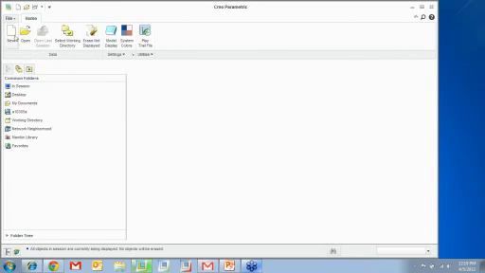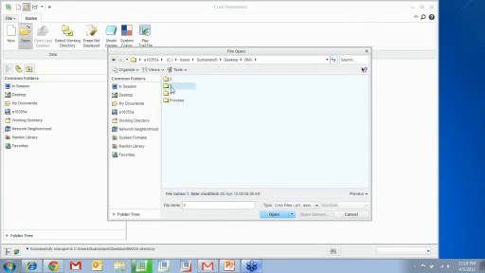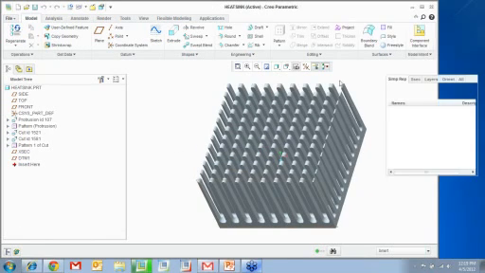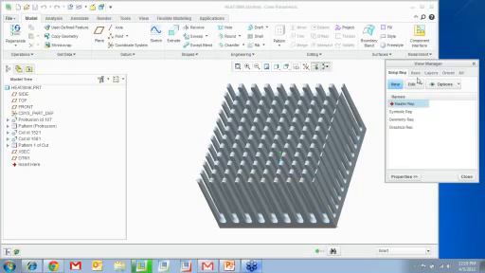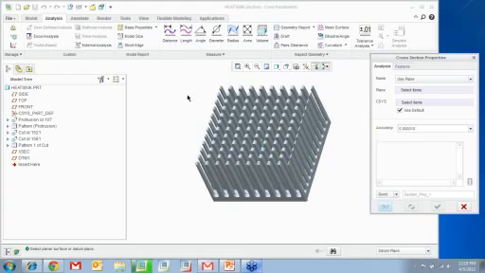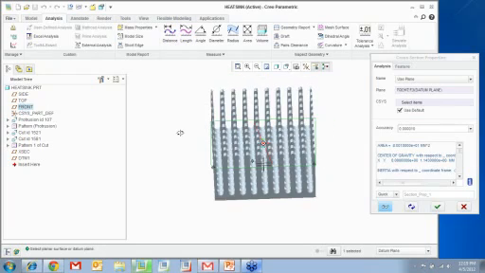Next thing that I want to talk to you guys about is section mass properties. If you create a cross-section, say for example this little heat sink, and I have a cross-section created right there, that's my cross-section, okay? So when you run mass property analysis, you can dig in this particular tab and say section mass properties. And here you can choose to use a datum plane, say top plane, or say the front plane, and you can see